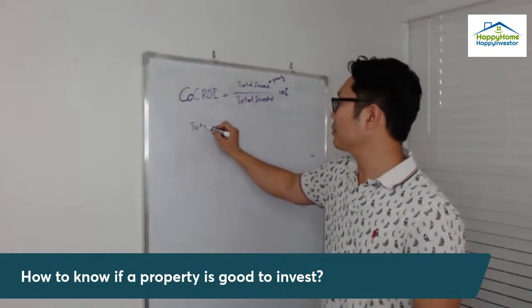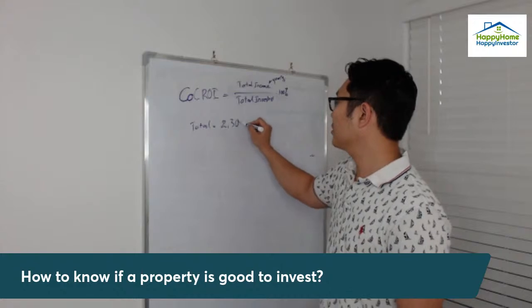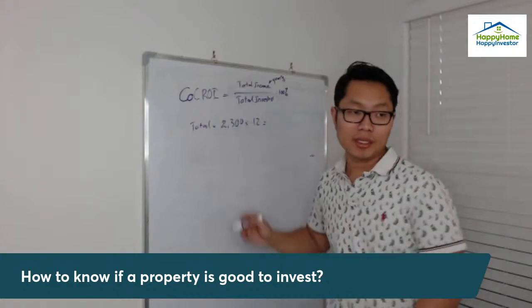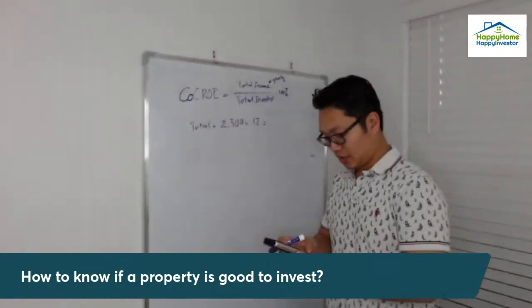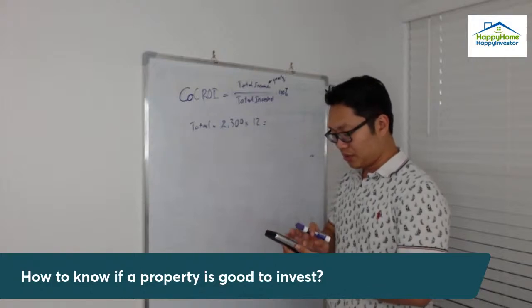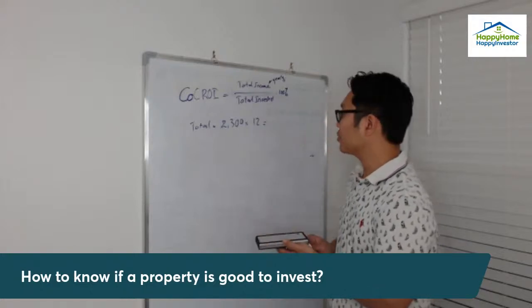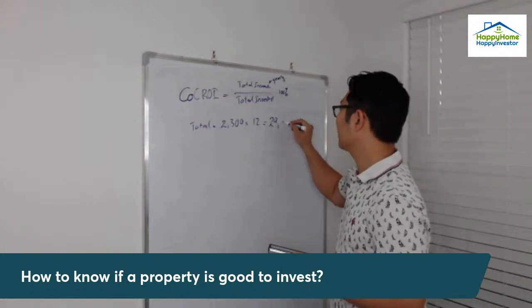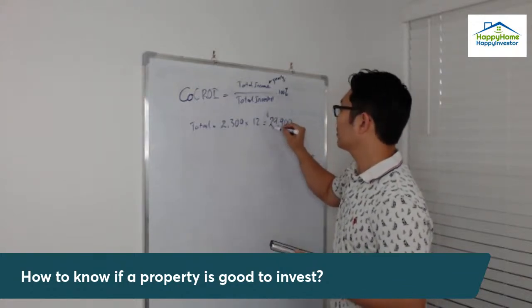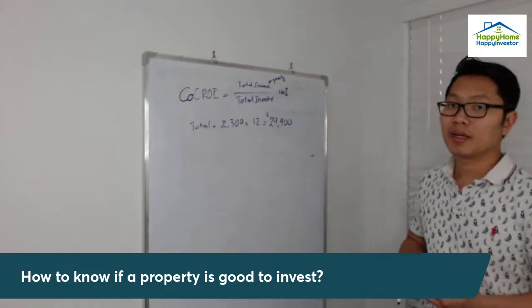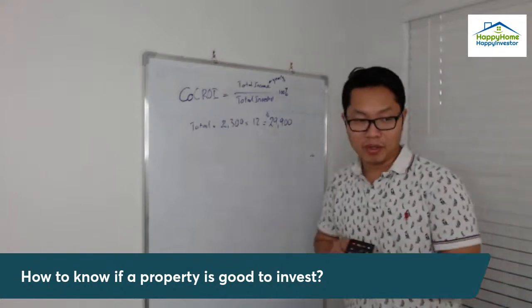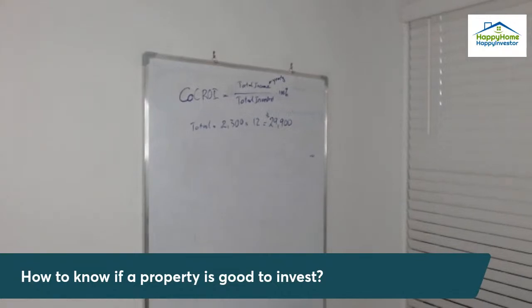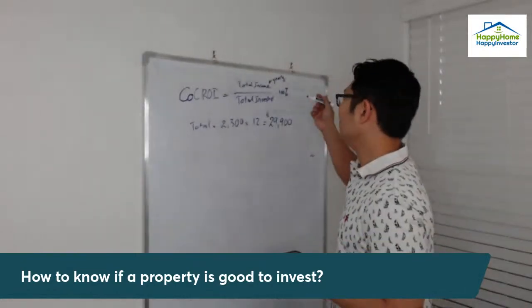So the total income is going to be 2,300 multiplied by 12. So 2,300 multiplied by 12 is 29,900. This is the total income you get every single year. Every single year you're going to get this number. And then let's say you purchase the